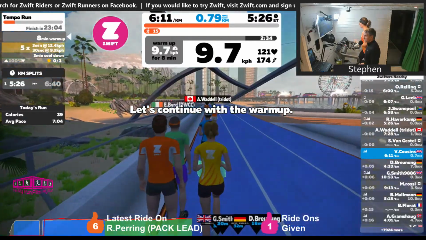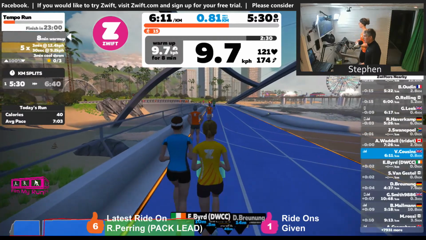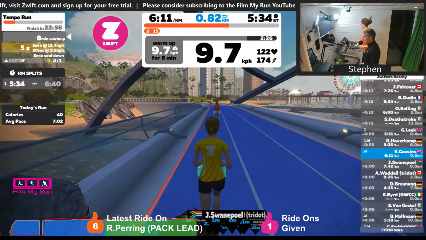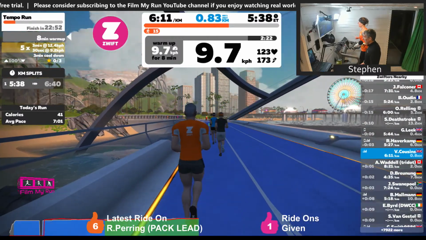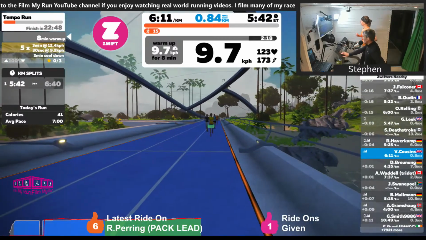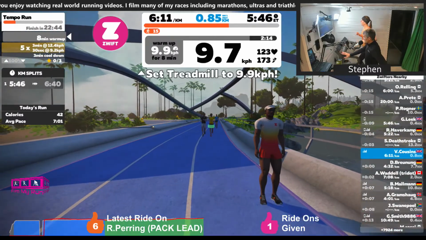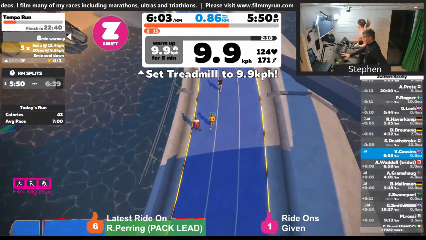Right, Miguel says, when I start Zwift, scripts appear, then it crashes. Okay, yeah, you probably do need to uninstall it. Is this on Windows 10 or Mac? Make sure that you uninstall everything, so not just the Zwift program, but the launcher as well. Make sure you have all the latest updates for Windows 10.